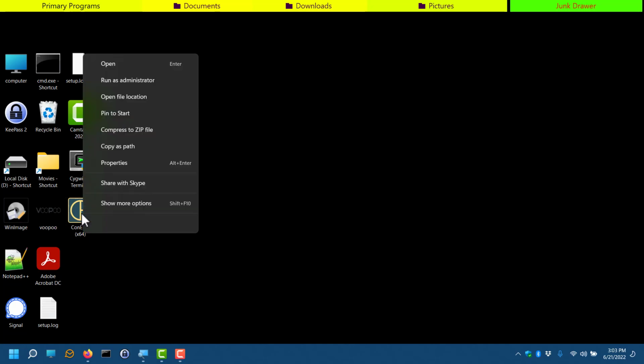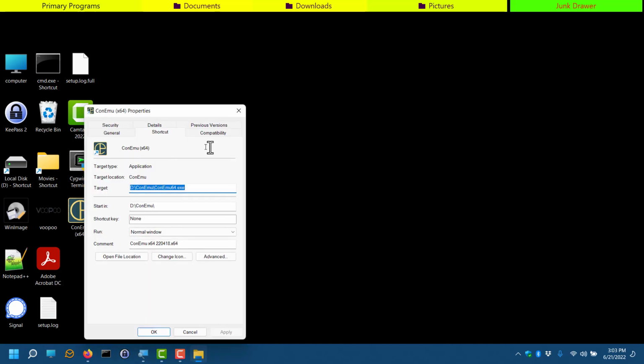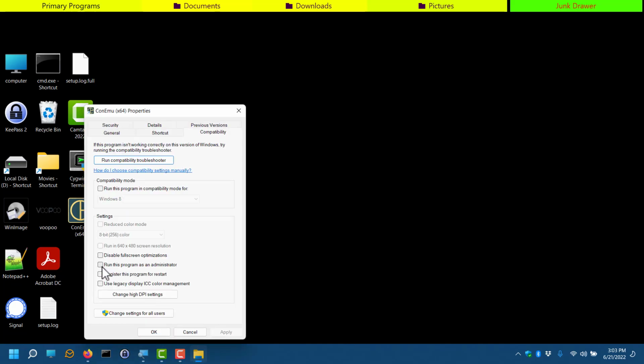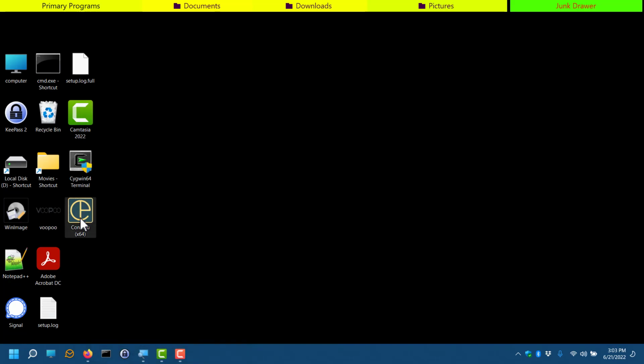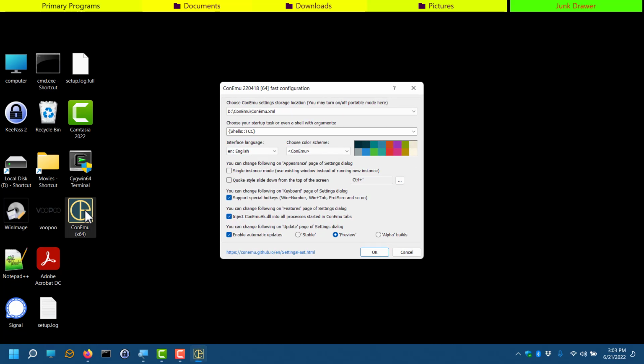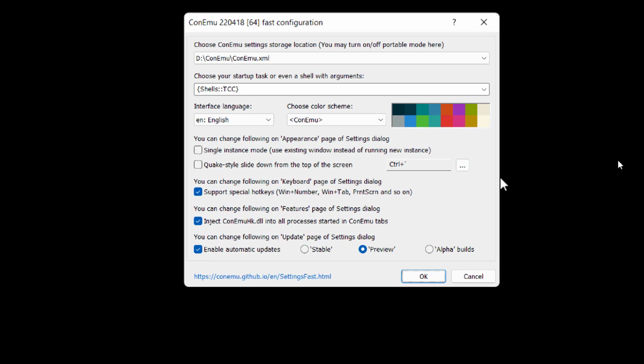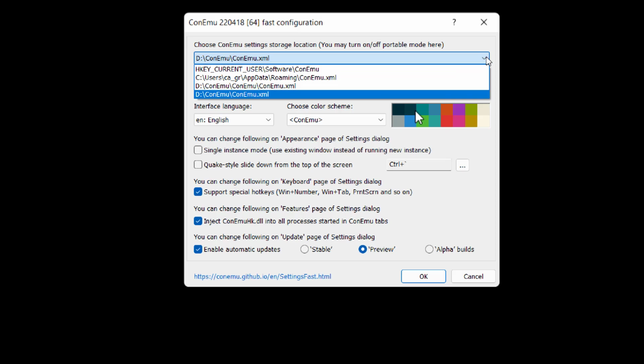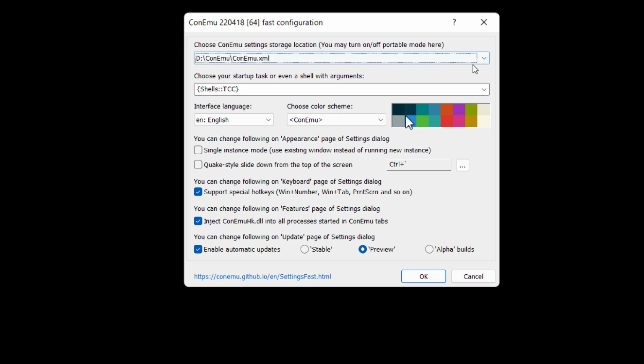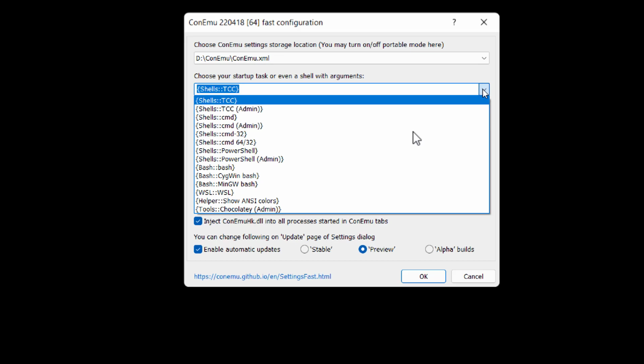So now I'm going to right click this, and I'm going to go to Properties, Compatibility, and I'm going to always run it as administrator. Okay, so let's double click and see what we got. Now we have some options here. So we have the location where it's going to store stuff. You can turn on and off portable mode here. Okay. You can choose the startup shell, which I'm going to go ahead and select